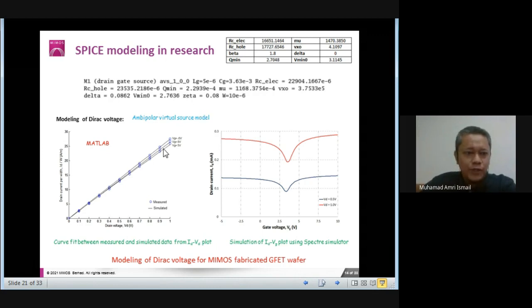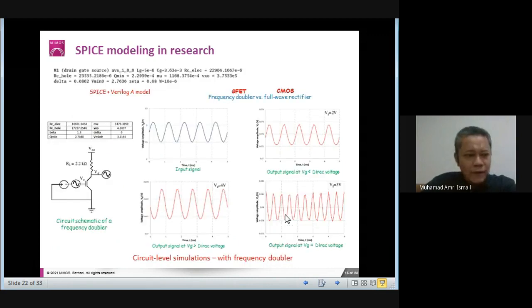AVS_1_0_05. Device modeling work is about curve fitting between measured and simulated data. We can see from the IDVD plot there is a good fitting between measurement and simulation curves. Then from the IDVG plot, we could observe the Dirac voltage is about 3 volts. We have the SPICE model parameter, we have the Verilog-A file, and it is suitable for the next stage